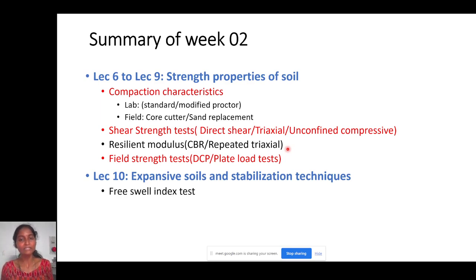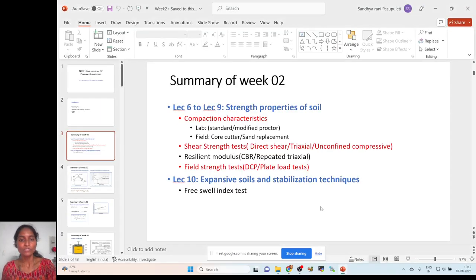Let us say elastic modulus is the parameter for steel. In the same way, for soils, it is the resilient modulus. So if you want to determine the resilient modulus, you can use either the CBR test or the repeated triaxial test. How we determine the resilient modulus using CBR and repeated triaxial test is mostly based upon